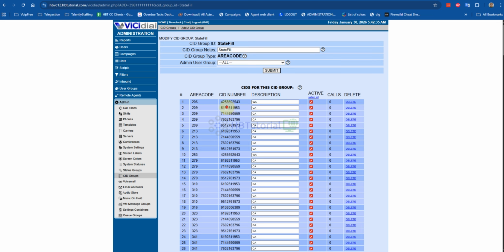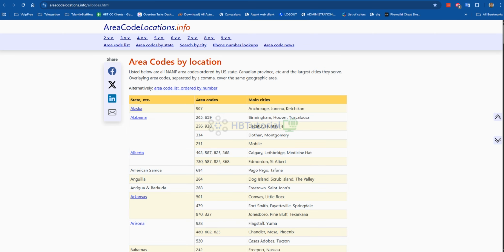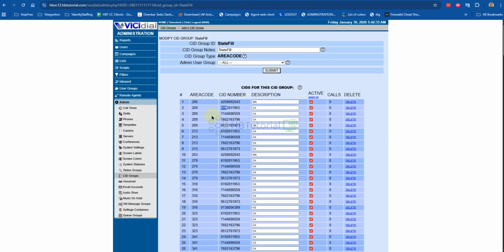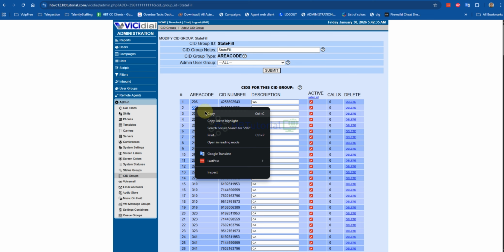We can verify here, for example, 619. So this is 619 under California, but they use the 209.